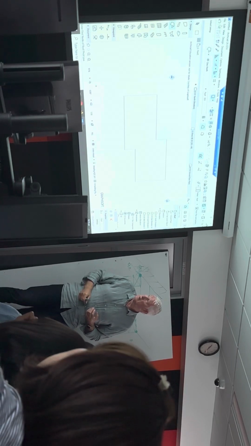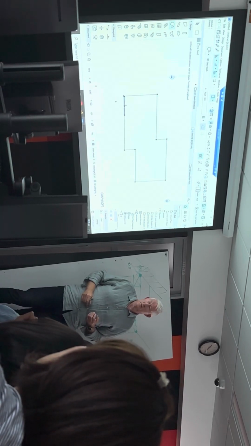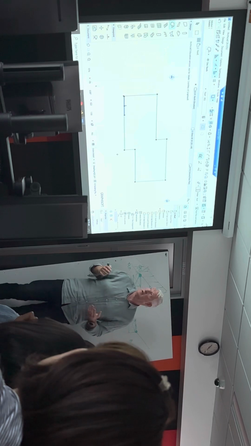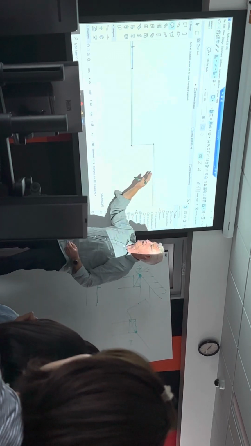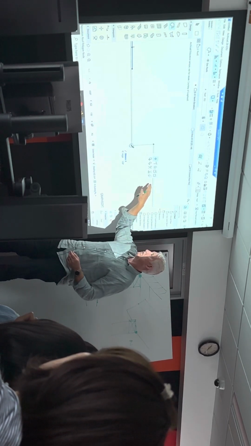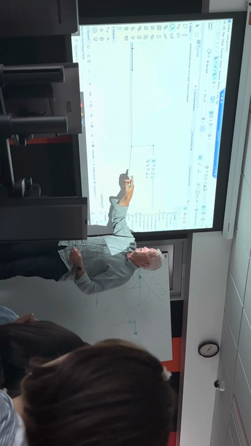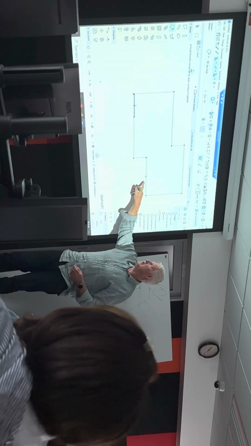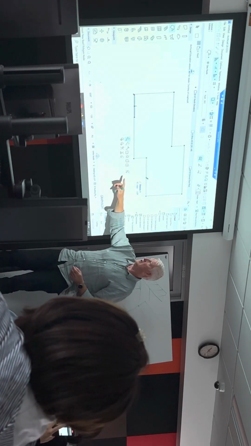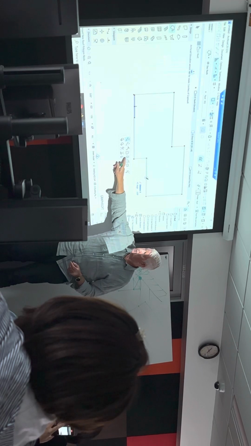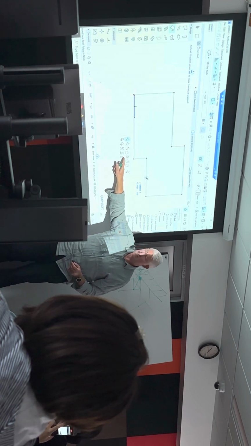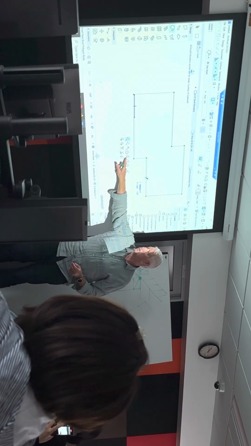Yeah, I think so. Let's see. So he highlights that, and of course you can treat it just like a slab. So if he clicks on any of these edges, not a corner, sorry, an edge, because you'll get a different palette. If he clicks on any edge, he gets this palette here, and of course one of these is offset all edges, and if he goes to that offset all edges,